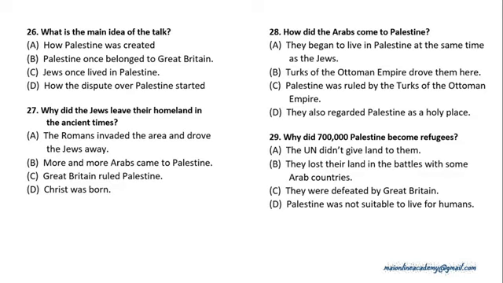Those who survived had no place to go. In 1947, the United Nations decided to divide Palestine into two states, Israel for the Jews and Palestine for the Arabs. The Jews accepted the plan, but the Arabs didn't want the Jews to take over their country. When the British left Palestine in 1948, Israel declared its independence. At once, Arab countries started to attack the new state, but Israel fought back and won.